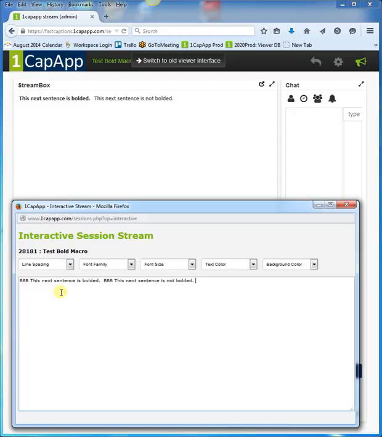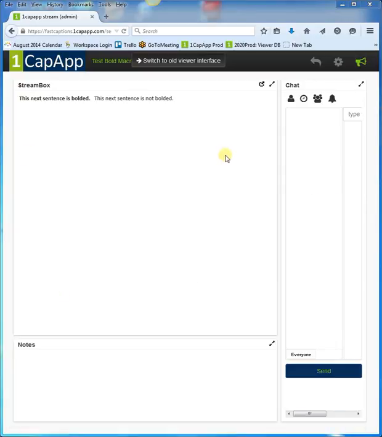And so it acts as a toggle. The bold macro acts as a toggle. When you type in BBB, it will turn it on. When you type it again, BBB, it turns it off. That's how it works. It's pretty simple.